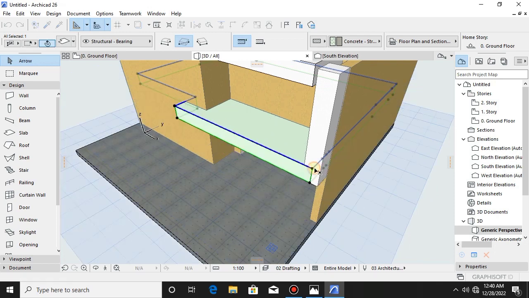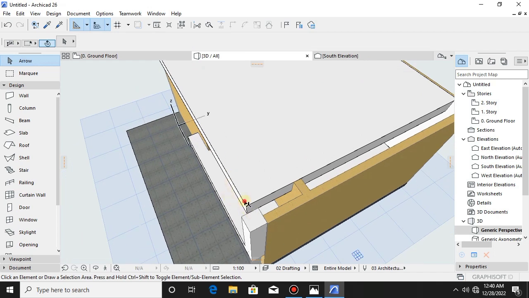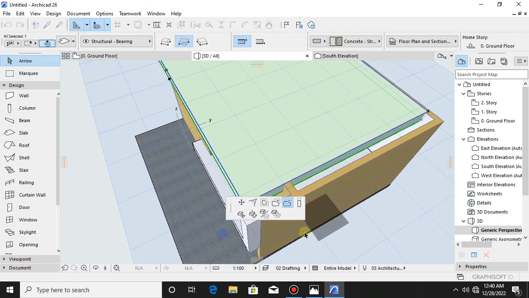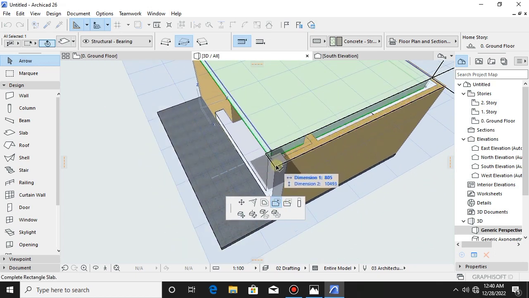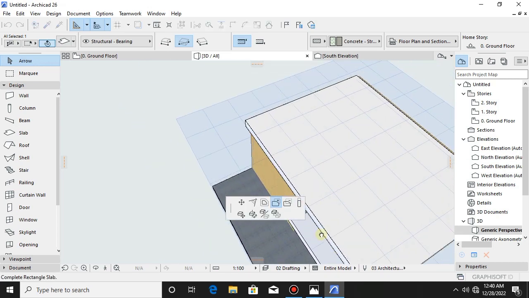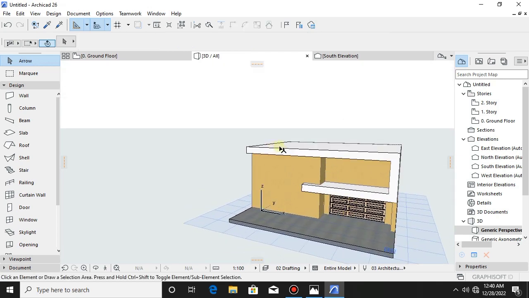And also let us fix the hole on our roof slab by using the add tool. There we go. Now we are beginning to form a nice shape of our facade. As you can see,